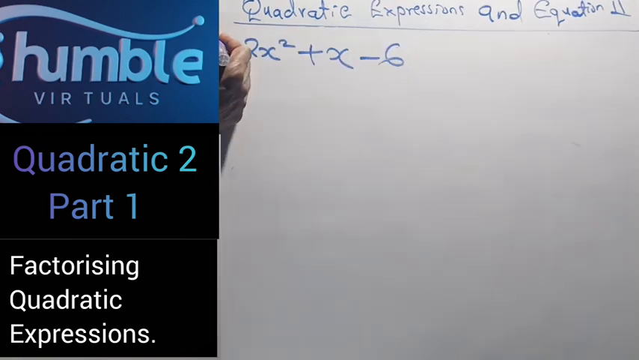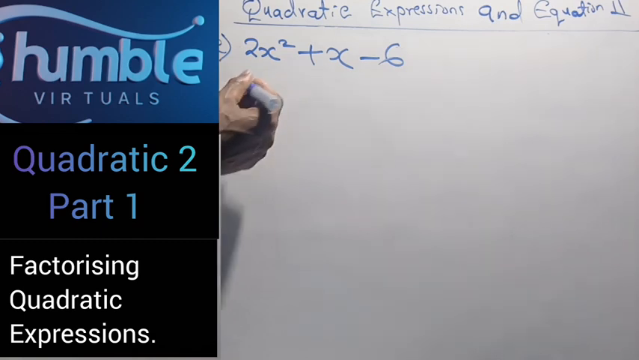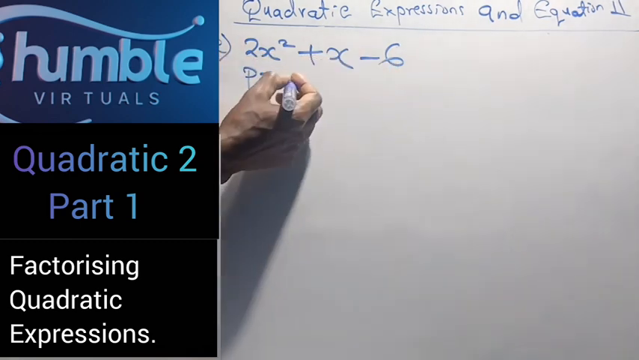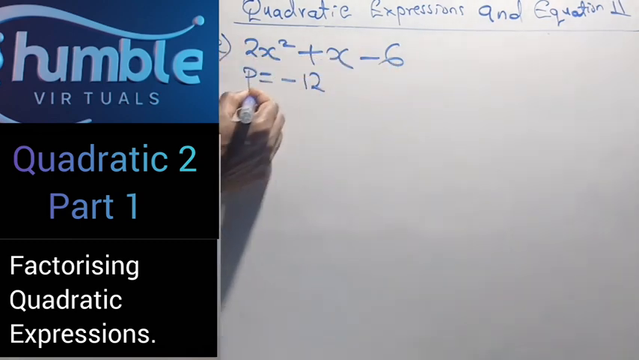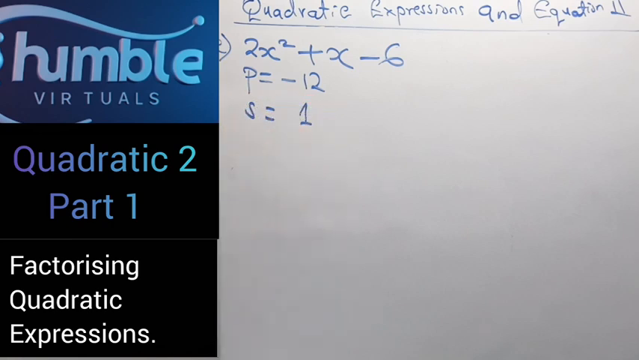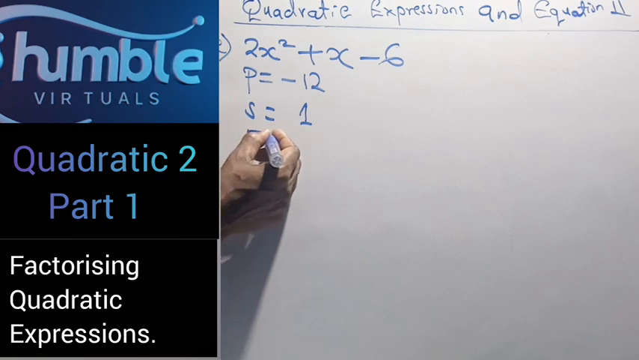Part A, 2x squared plus x minus 6 factorized. So in this case, product is 2 by negative 6, it is negative 12. Sum is positive 1. So therefore, factors will be